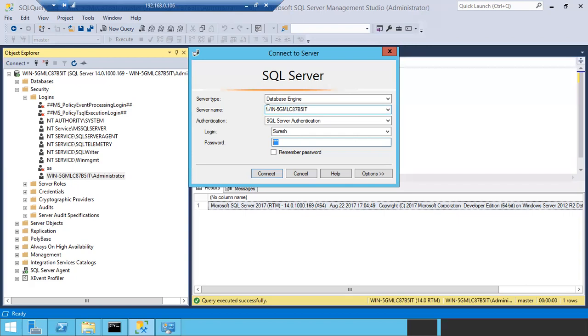Everyone will have the same rights. A SQL login also can have sysadmin rights. A Windows login also can have sysadmin rights. The only difference is if it is Windows login, no need to give username and password. If it is SQL login, you have to give username and password. That is the only difference between the Windows login and SQL login.